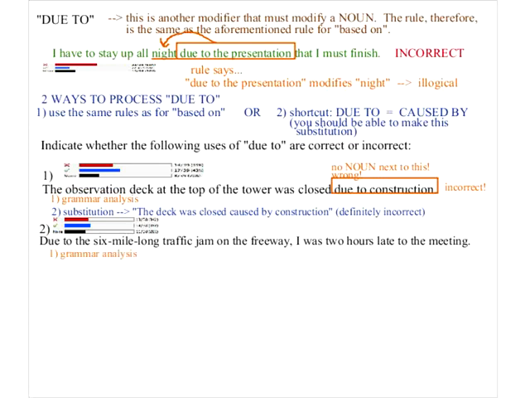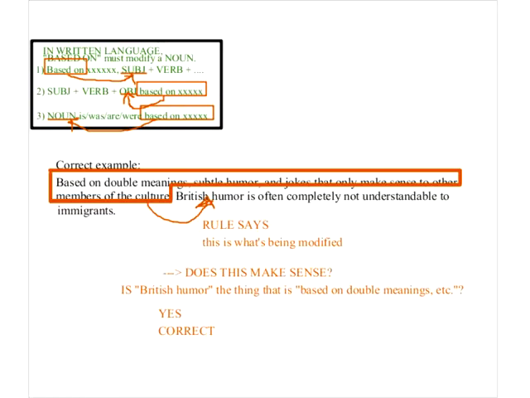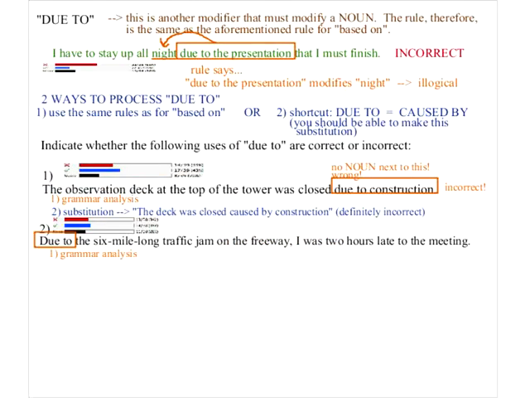When you start with due to initially, who knows what's being modified? Tell me in the text box. Yep, it's I, because again, remember what we said, if you start with one of these modifiers, based on, due to, blah, blah, blah, at the beginning, then it's going to point to the subject. So this says that I am due to the 6-mile-long traffic jam. That doesn't make a lot of sense, because traffic jams don't create people. So the rule says, and in this case it turns out to be ridiculous, the rule says I am due to